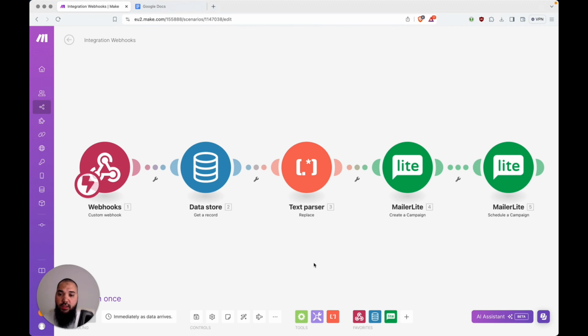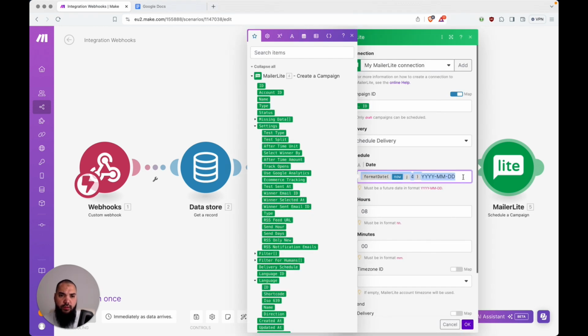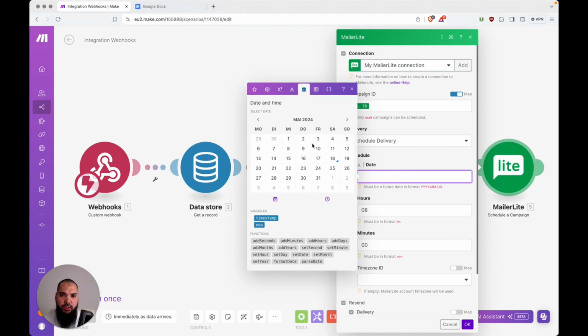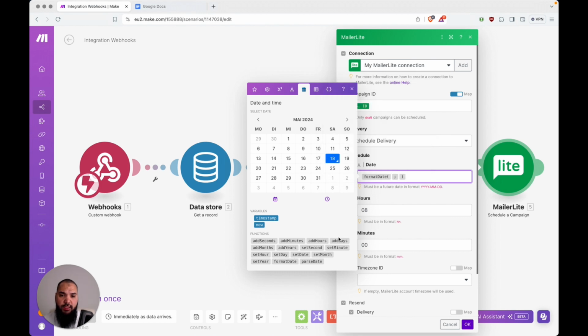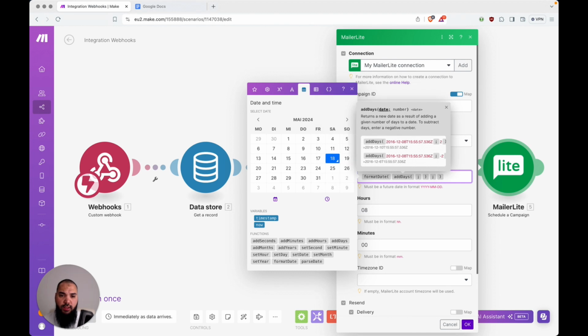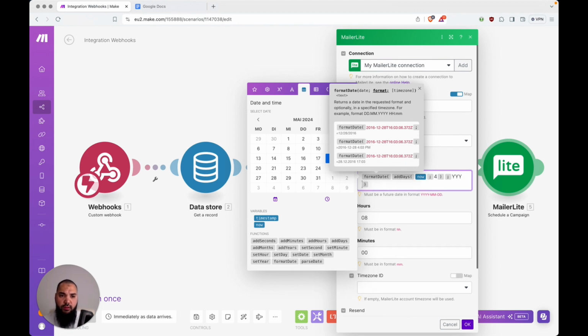All right, and now we should be good to go. Okay, I think I messed up the format. Let me just jump into here back again and start this from scratch. So this is going to be format date. Then you go into the first part, hit add days, and add days to now. How many? 4. And this will be the date, and the format, now it's correct, will be like this, because